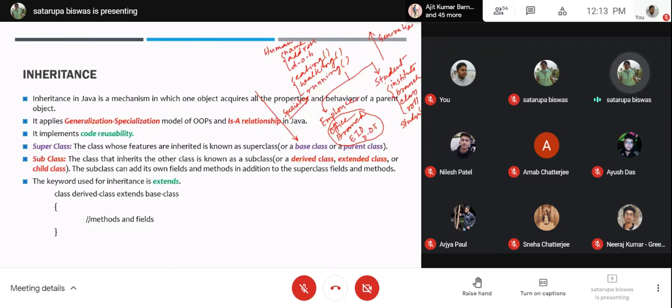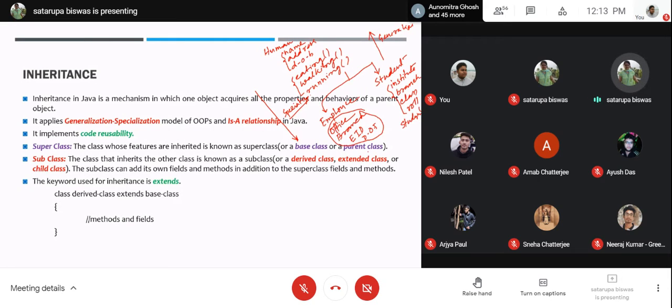So when we take both the specialized classes together and try to find out what is common between them, and just by taking the common properties, we generate a generalized class over here. So that is called generalization. Upward is generalization, downward is specialization. And this is an easy relationship because you can determine that employee is a human, student is a human, teacher is a human. So whatever specialization you generate, all of them are related to the generalized class with an is-a relationship.